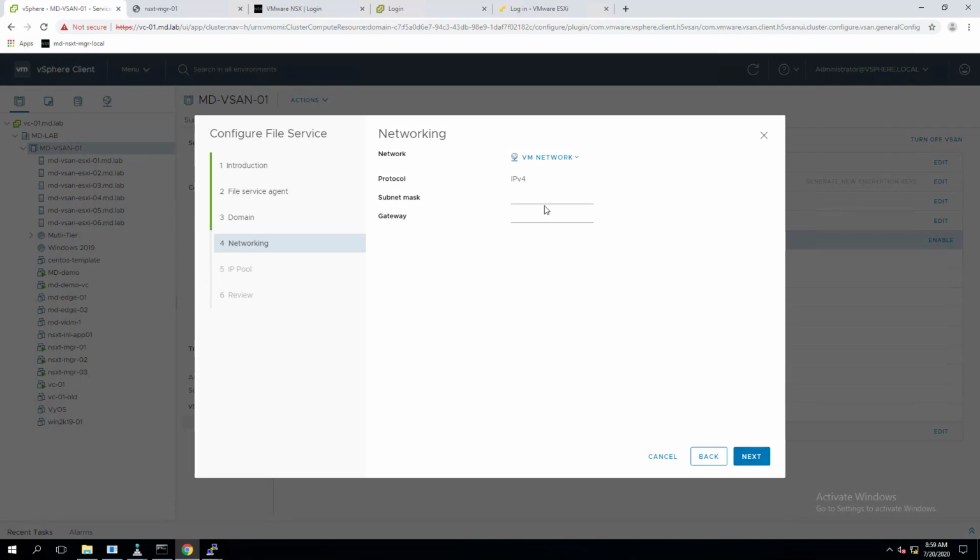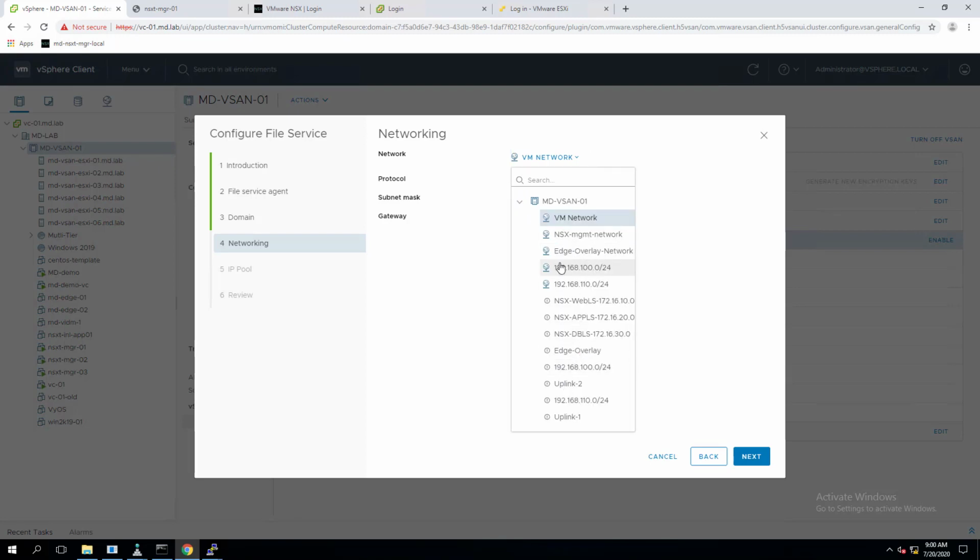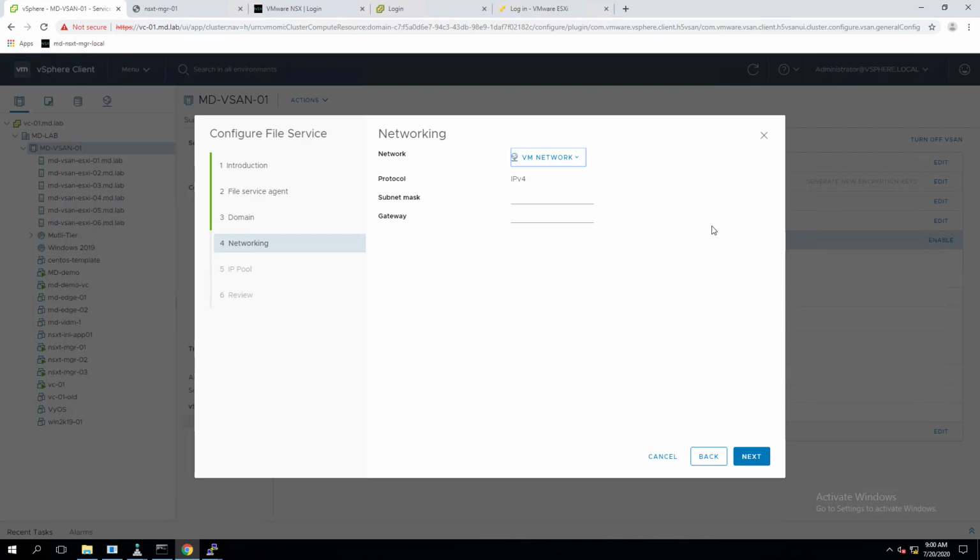So we have to select the port group. So basically this port group is, as I said, we imported the OVF files, right? So it will deploy virtual machines. In my case I have 6 ESXi hosts, so it will deploy 6 vSAN file services virtual machines. So those virtual machines will be connected to this particular network. So based upon your configuration and your network connectivity, just choose the appropriate VM port group here. I have selected a VM port group, and specify the subnet mask and gateway for those virtual machines. Okay, so specify the subnet mask, specify the gateway IP addresses. Okay, click on next.